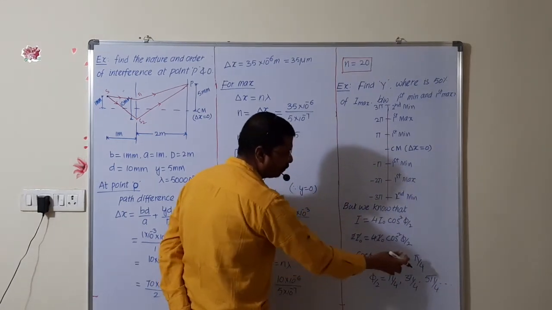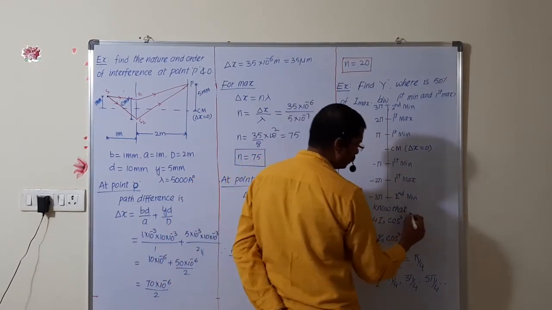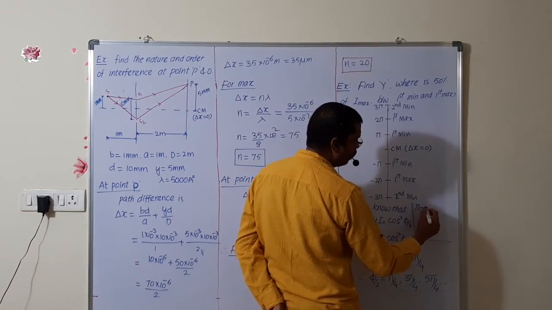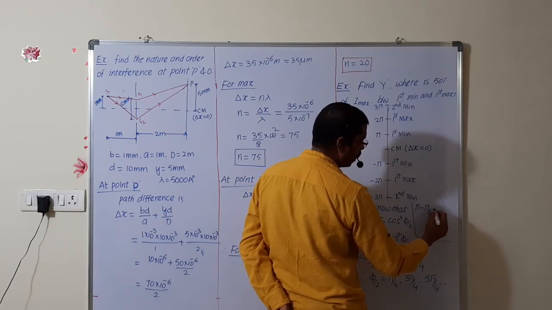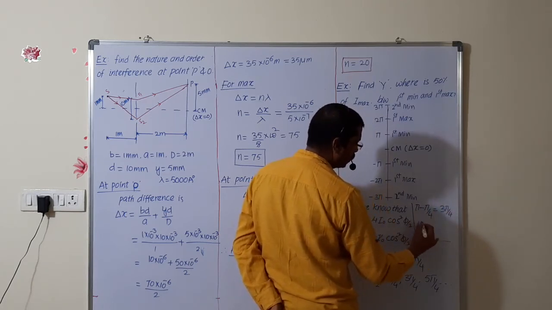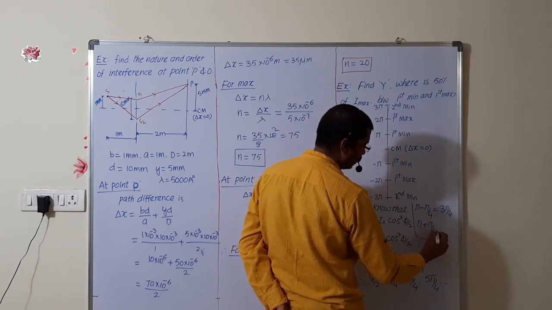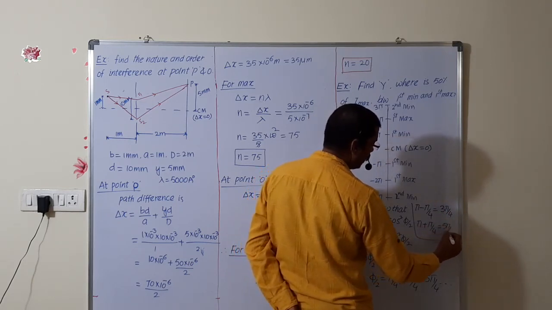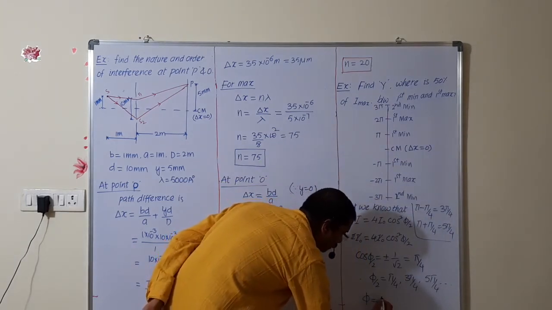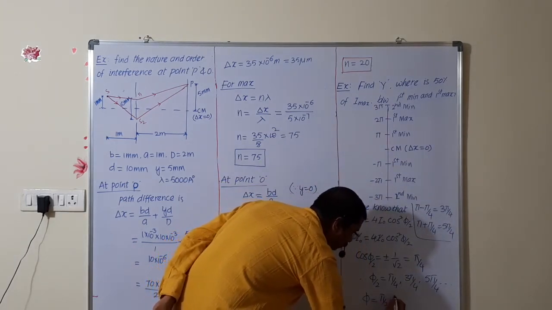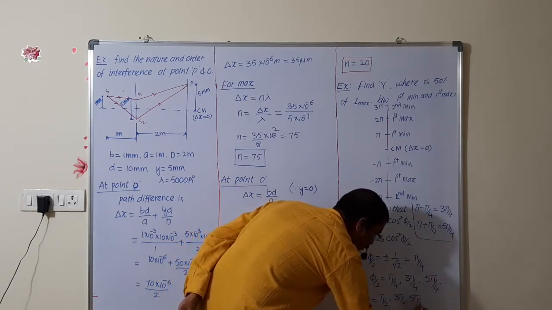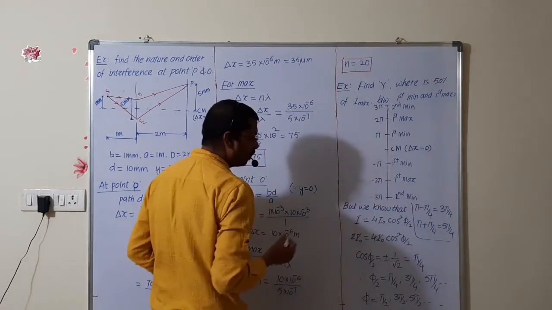How can we find this value? Here I will give the logic. Whatever value we are getting, first subtract pi by 4, which gives 3 pi by 4, then add, and we get 5 pi by 4. Like that we get the values. Then phi is equal to pi by 2, 3 pi by 2, 5 pi by 2, and so on. This is the phi value we got.